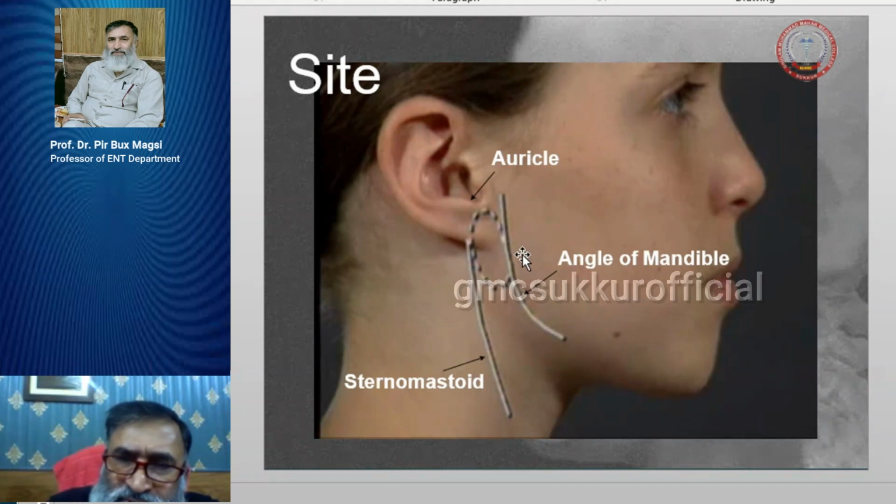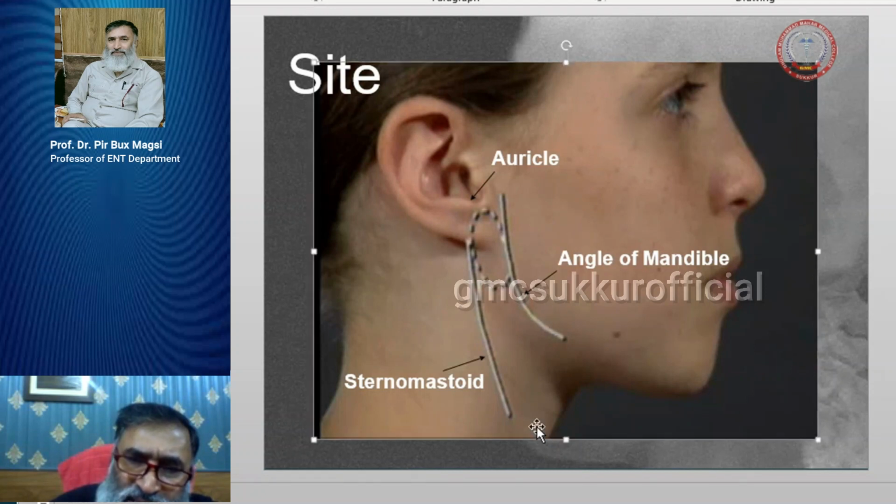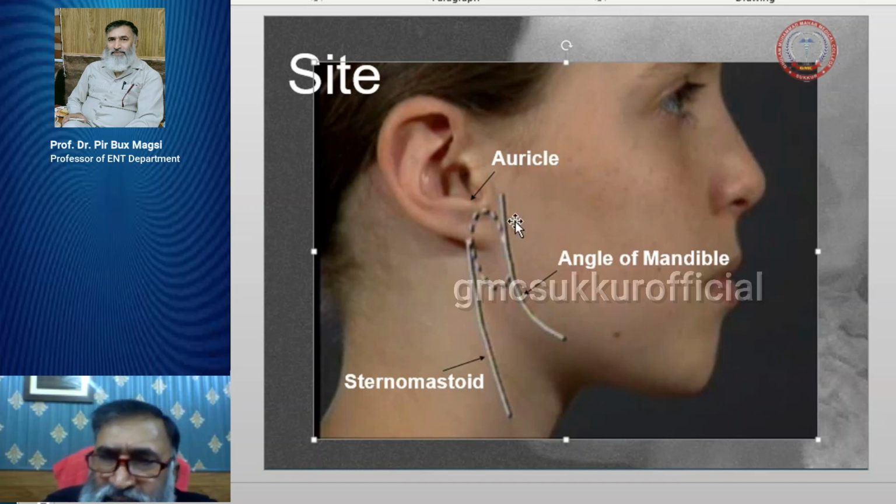In the parotid gland you have one important nerve, which is the facial nerve. Usually in the case of parotitis, whether viral or bacterial, sometimes you will face facial palsy, facial paralysis, where the face becomes very ugly looking. And you know the facial nerve has 5 branches over here. One goes toward the upper side, the temporal branch, then the zygomatic branch, the buccal branch, marginal mandibular, and the cervical. So this is a very important nerve. If it is paralyzed due to parotitis, then the face becomes very ugly looking. There's facial paralysis.